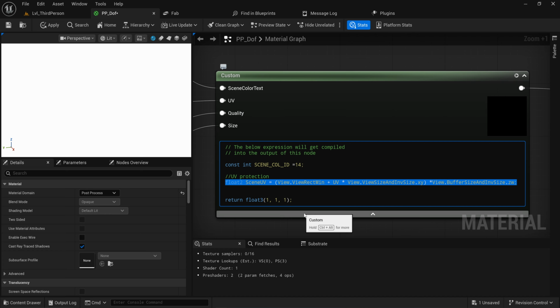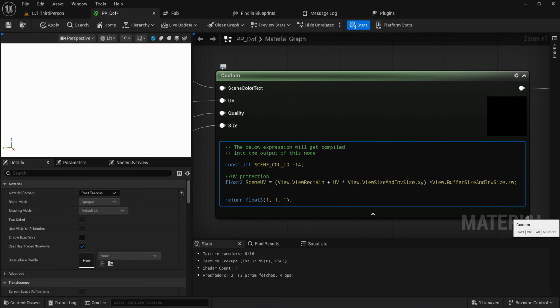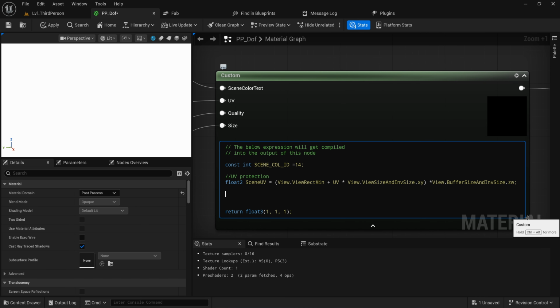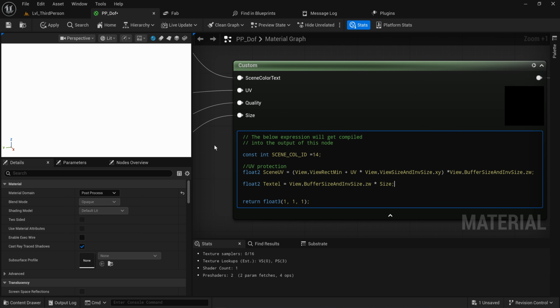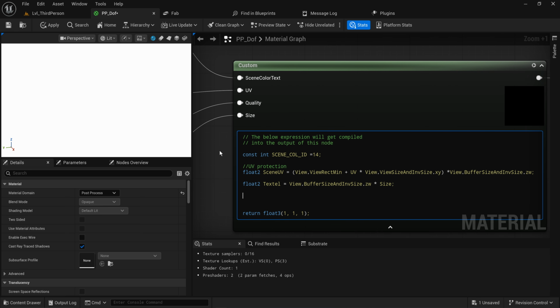So if we have a wider size, our blur isn't getting stretched out in any kind of weird ways. Then we also make a float2 for a texel, which is going to be our view.buffer size and inv size, again .zw, and we multiply that by our input size. Now we need to set up the minimum and maximum UV positions so that we know, mostly for clamping purposes